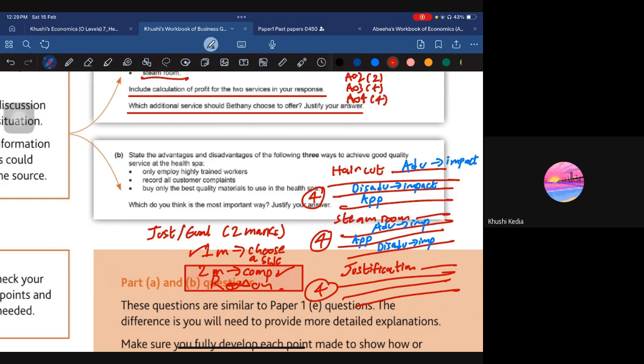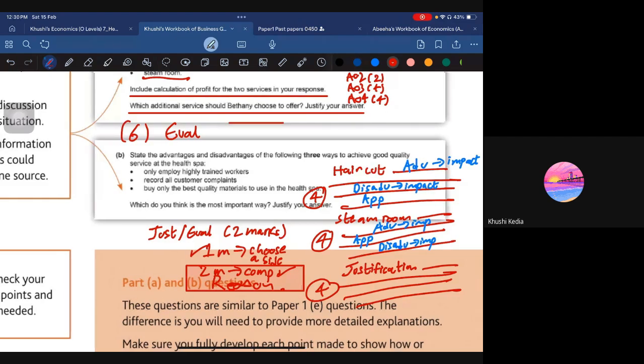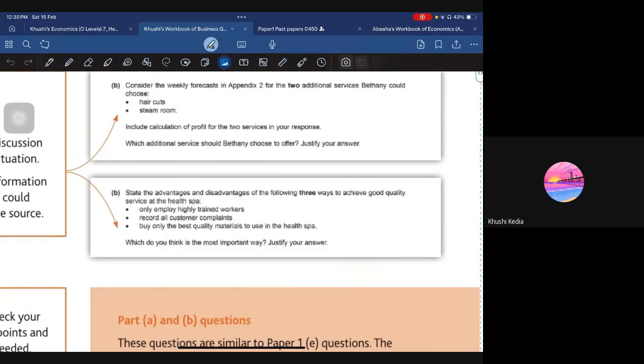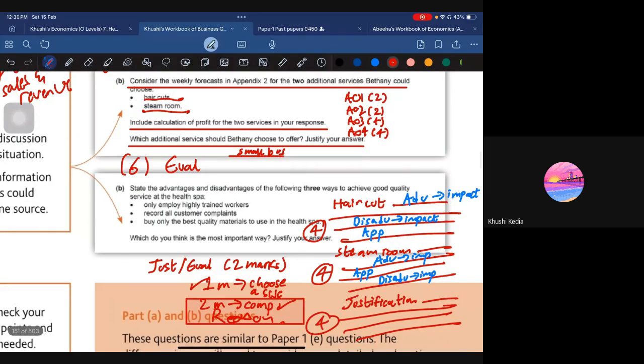What I tell you, very important here: while giving reasoning, you remember when you do an evaluation in a 6 marker, they always say that you have to also look at it from the point of view of the hidden application if there is one given. Let's suppose they are talking about a small business, so according to that you have to tell that job production is better or flow production. So here there is no such hidden evaluation, sorry, hidden application,